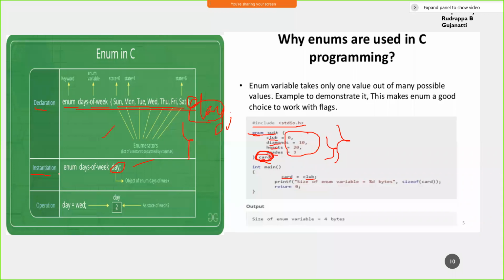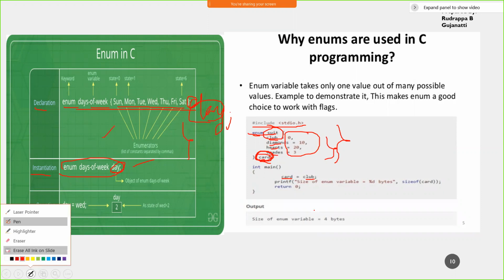Now again, you can have this specified like enum suit, then say card one. So card one will be an instance of this suit type, which is an enumerated data type. So this is what is happening when you're using enum in C programming.